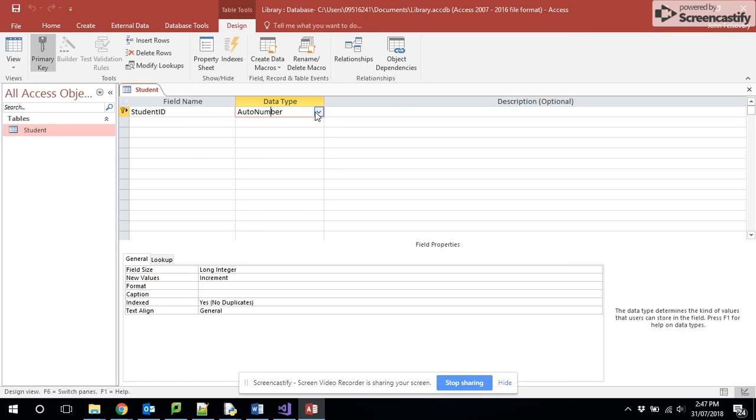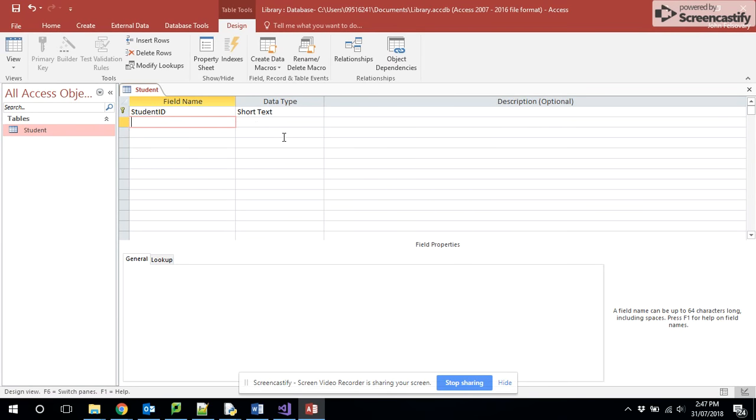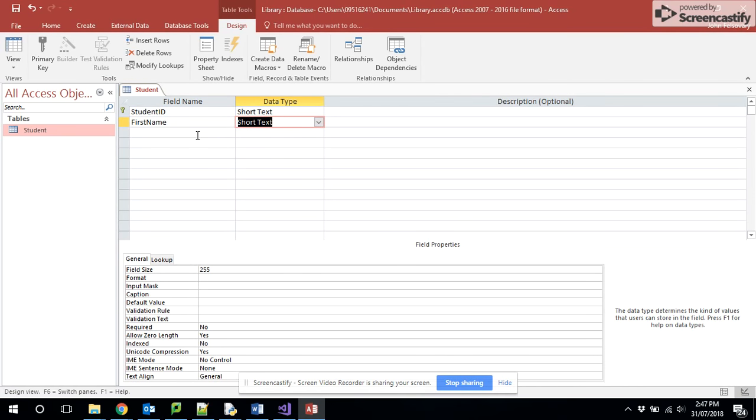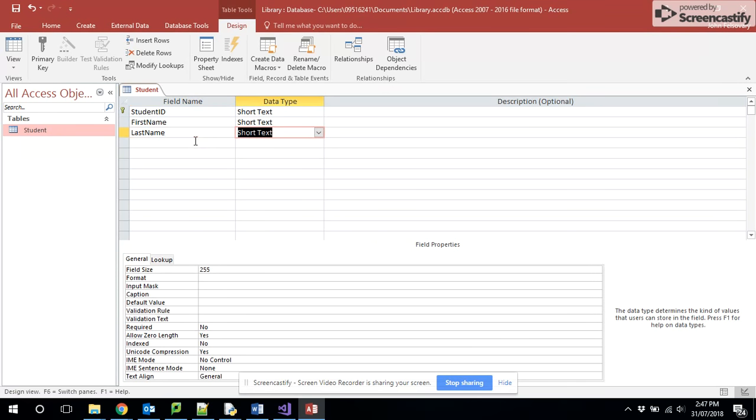We don't want it to auto number. Auto number is when it will literally go 1, 2, 3, and so on. We want to probably go with short text. Okay. We could probably even break this down into first name and last name. Short text again. Suburb